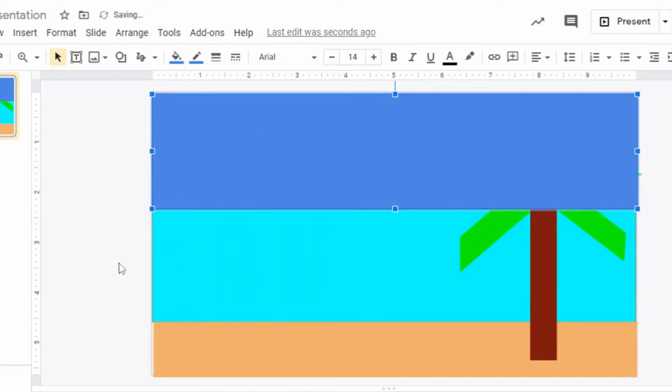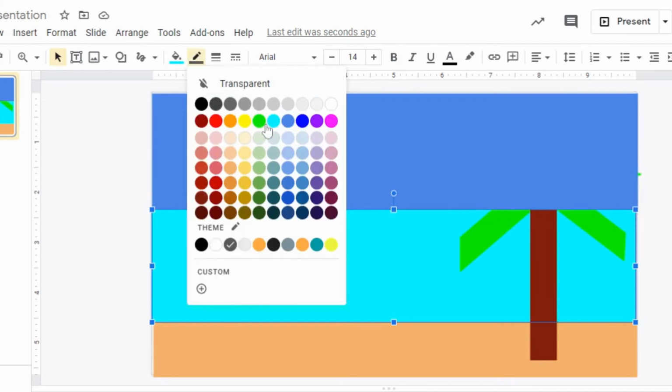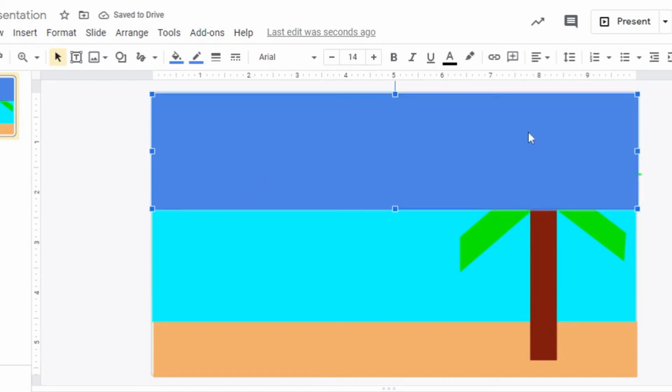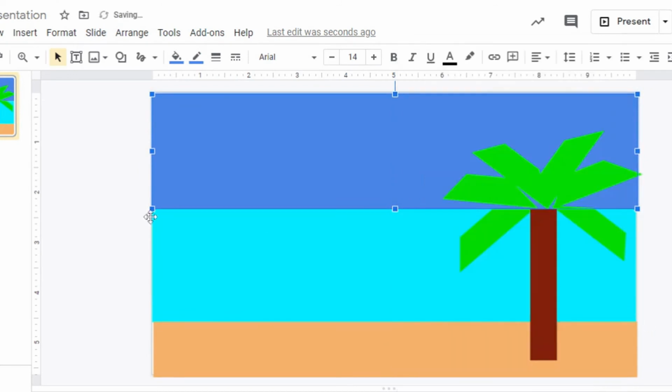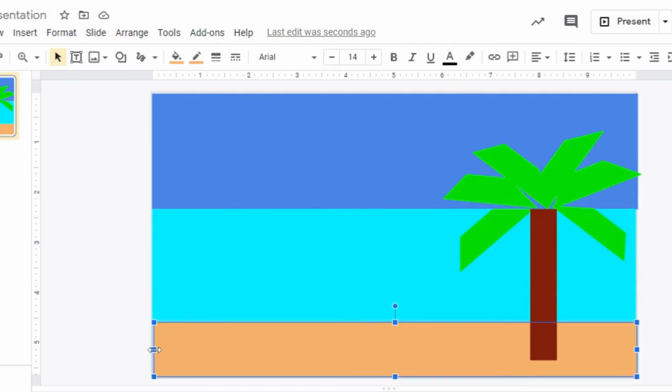Change the outline, and oops, I didn't do that on this one. I should go back and do that real quick. I want the outline of this one to be the same color as my shape. And once again, right click, order, send to the back. Now it looks like I just have these lovely stripes here. How can I make it look like one part's the ocean and one part